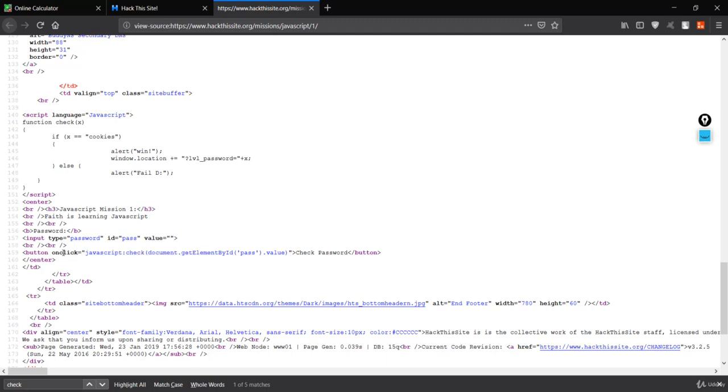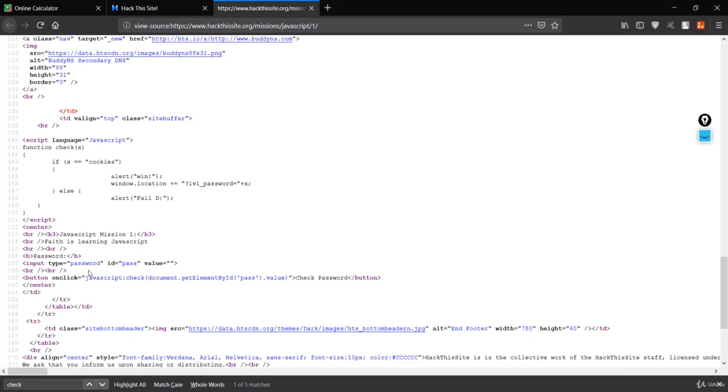The onclick was the event invoking some JavaScript code when you press this check password button. When you press it, some JavaScript code is executed, and here it is this check method.